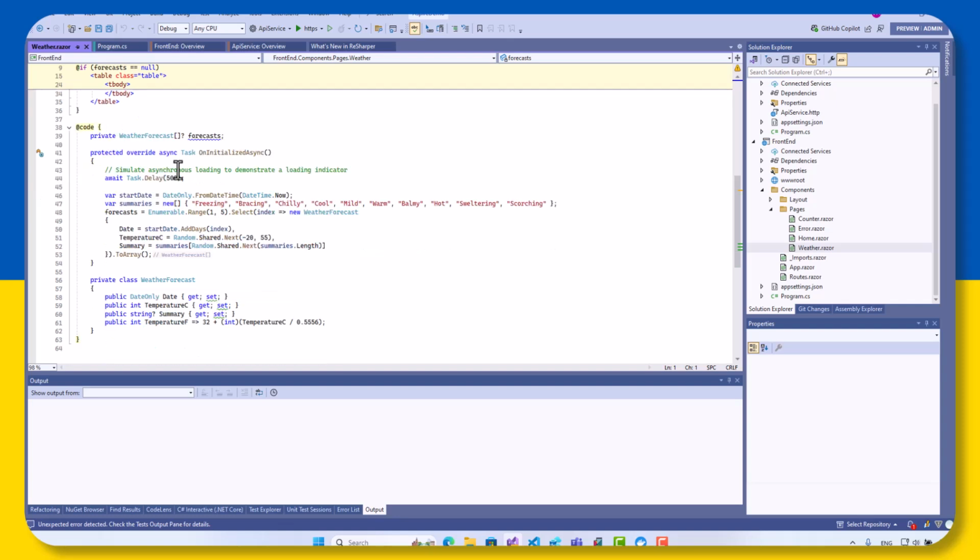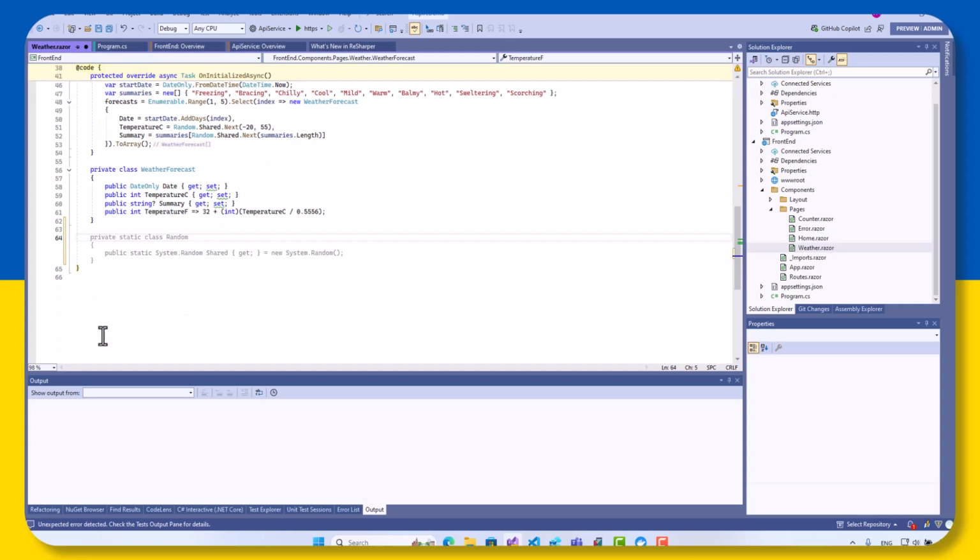So let's make the front-end project call our API service and make real responses. So for that, let's first create a new service that will be used to communicate with the API service. Let's create a public class with a service,